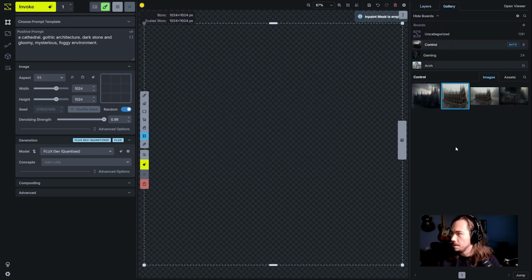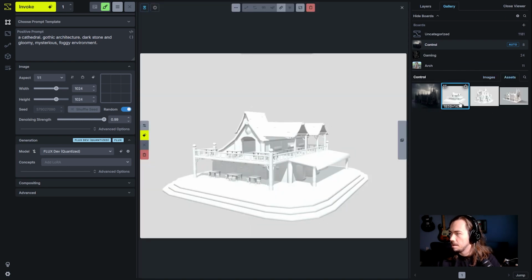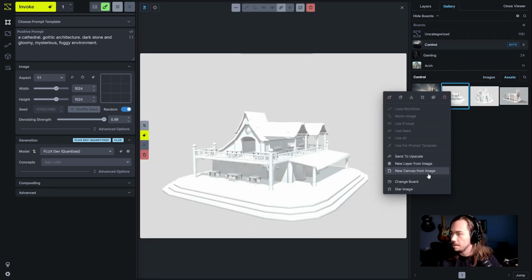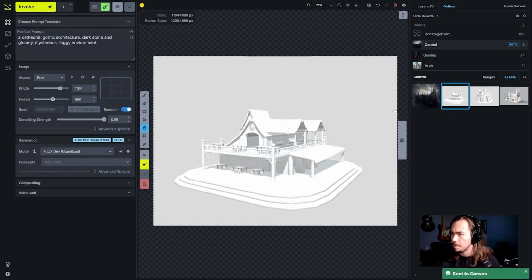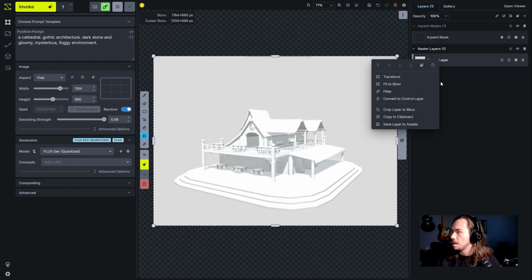So I'm going to reset the canvas. We're going to go to our gallery. Maybe we'll do this tavern. Yeah, we'll do this tavern. I'm going to send this to the canvas. Now we've got a layer that's perfectly sized for our process, and we are going to